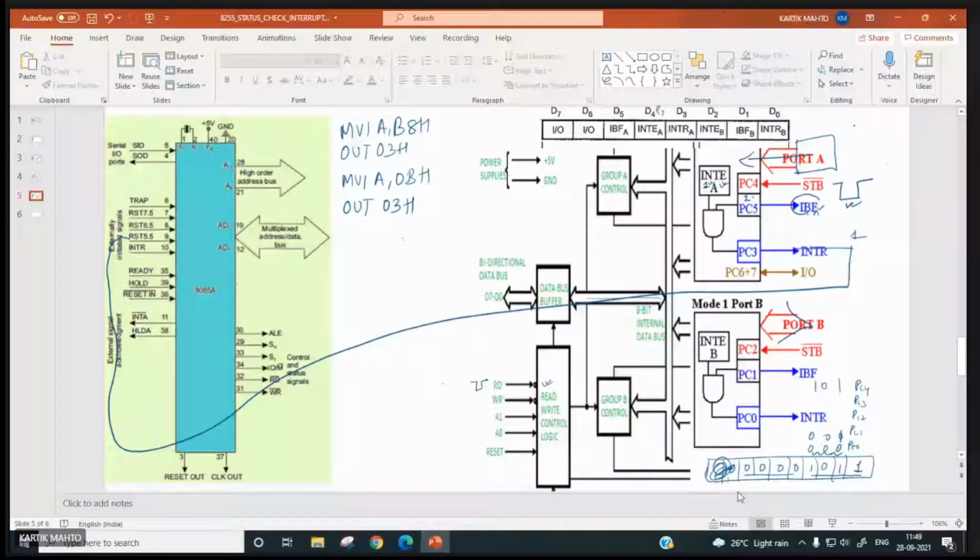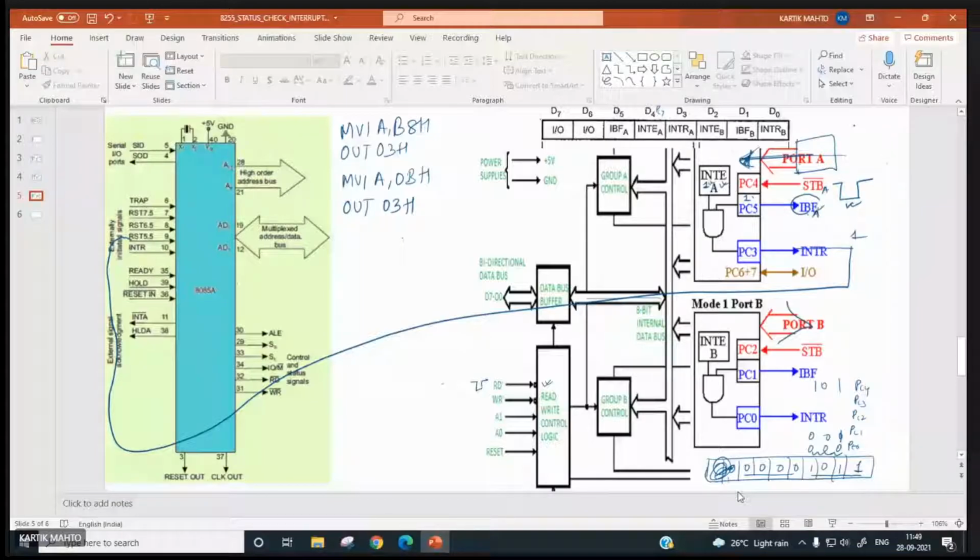RST 5.5. Right. Then whenever a valid data is inputted by the input device at port A, makes STB bar A low like this, 8255 makes IBFA equal to 1 or PC5 equal to 1.